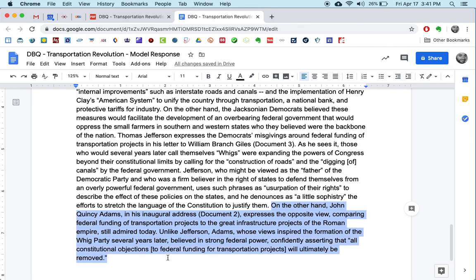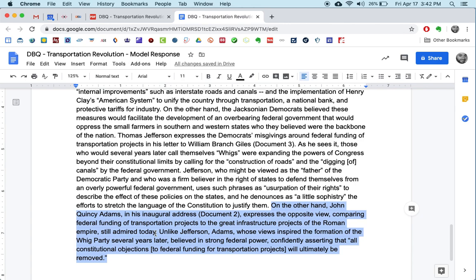which is John Quincy Adams. It's a really nice foil to Jefferson's document. On the other hand, John Quincy Adams, in his inaugural address, document 2, expresses the opposite view, comparing federal funding of transportation projects to the great infrastructure projects of the Roman Empire, still admired today. Unlike Jefferson, Adams, whose views inspired the formation of the Whig Party several years later, so I'm telling you who Adams is,